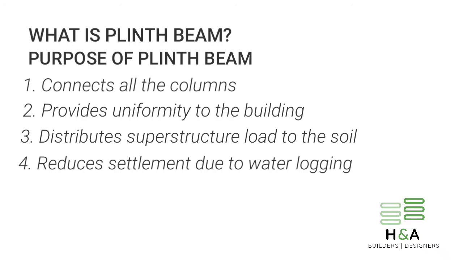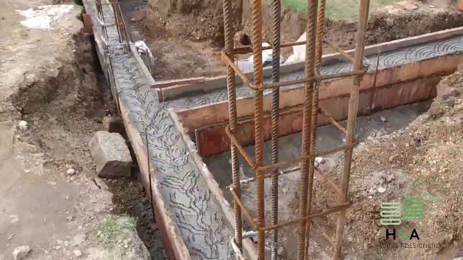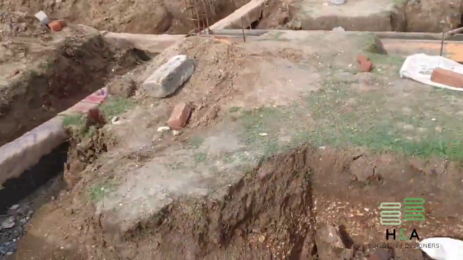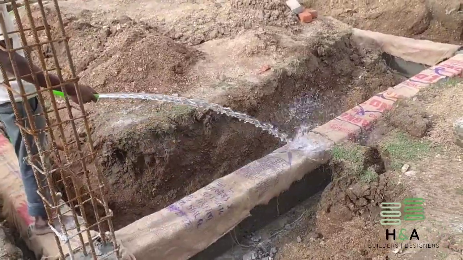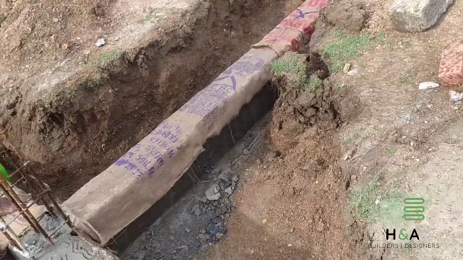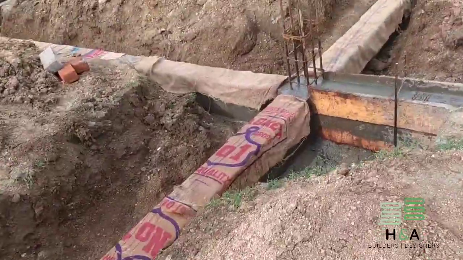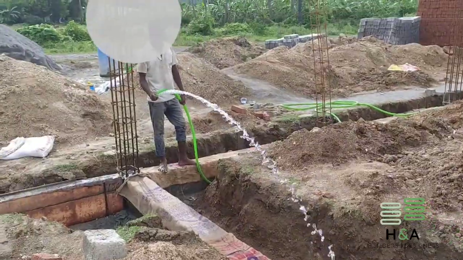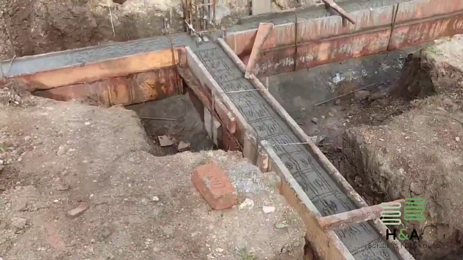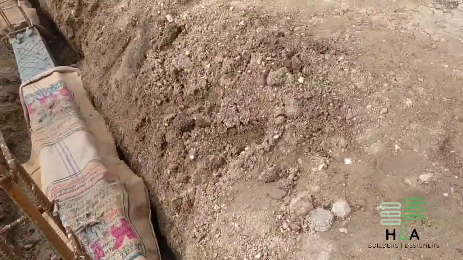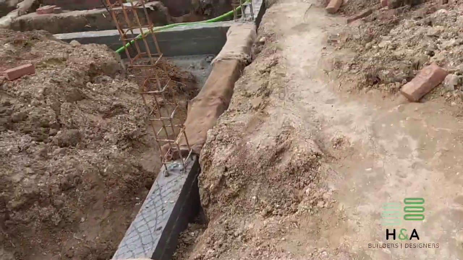That is, during construction we have to make sure that the plinth beam bottom portion should be at least 6 inches lower than the existing ground level, to avoid entry of stagnated rainwater or even to avoid rodent issues. You can see here on my site that the top level of the plinth beam is at the same level as the existing ground level, because the site is located at the center and all the three side plots are empty, and there are great chances that water stagnation can occur during rainy season. So I have provided the top level of the plinth beam equal to the level of the existing ground level.